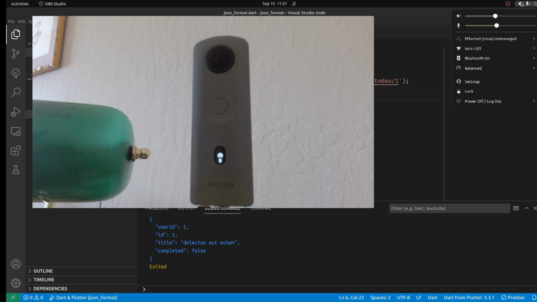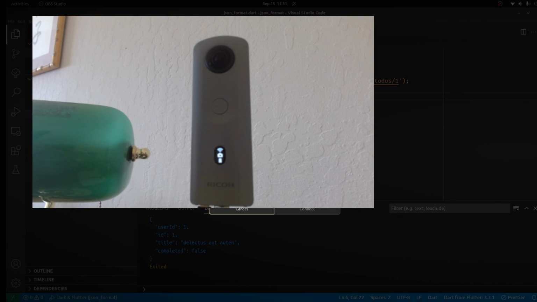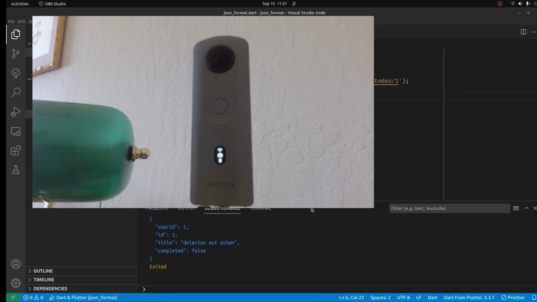So I'm going to use an embedded device. This is actually an Android embedded device. The camera here, which is a Ricoh Theta SC2B, is running a version of Android inside the camera. And the Android inside the camera is running a small web server. So I'm going to connect to the camera here. Now I've established a connection to the camera, and the camera is going to be an endpoint of